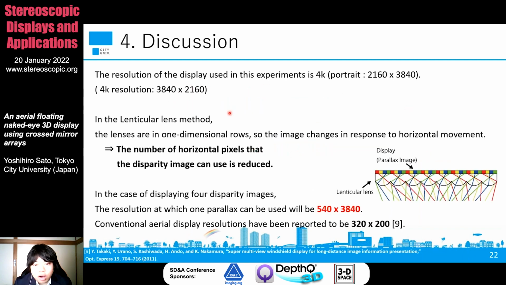The resolution of the display used in the experiment is 4000. In the lenticular lens method, the lenses are one-dimensional rods, so the image changes in response to horizontal movement. The number of horizontal pixels that the disparity image can use is reduced. In the case of the display for a disparity image, the resolution at which one parallax can be used will be 540